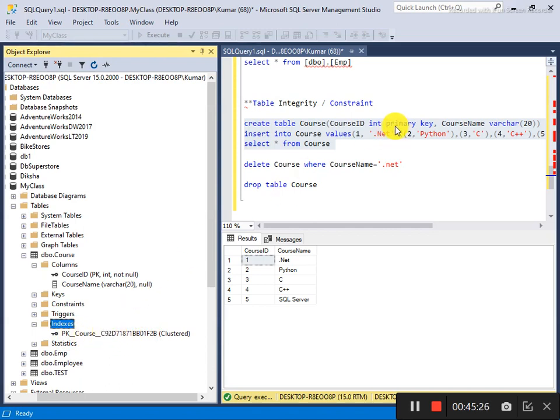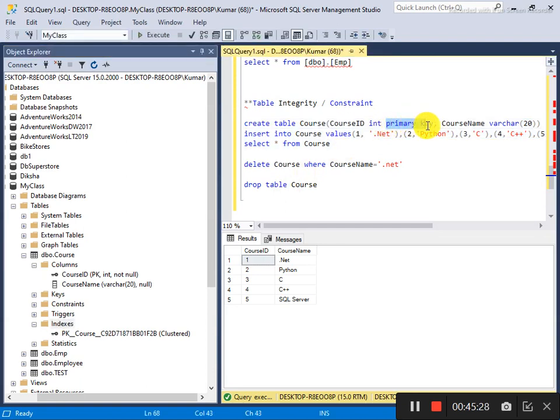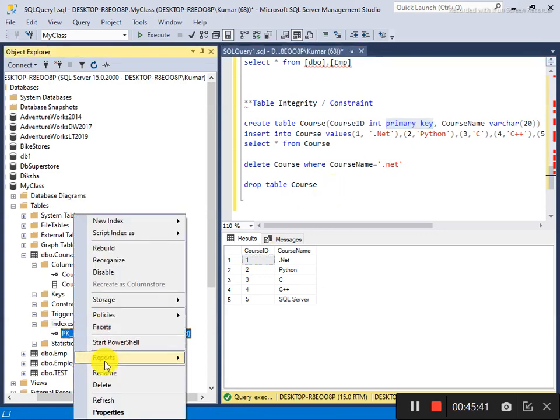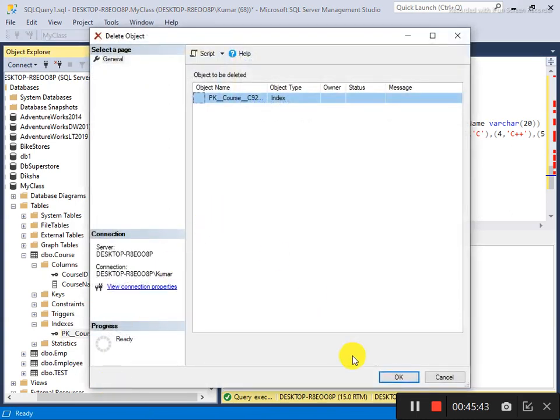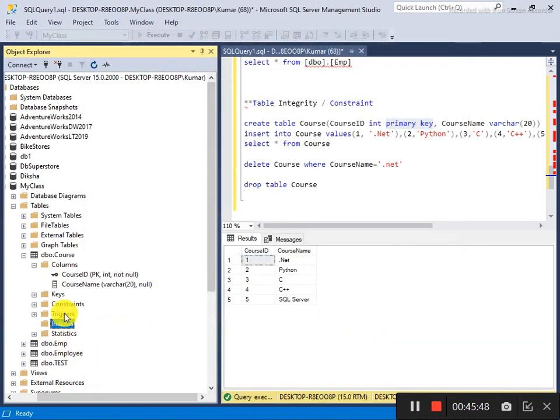It means that I have not specified any name for the primary key. If you supply a primary key in this way, then you cannot define a specific name. So in future, if you need to delete it, you will come here and manually delete it. If I delete it and click OK, now that has been deleted.